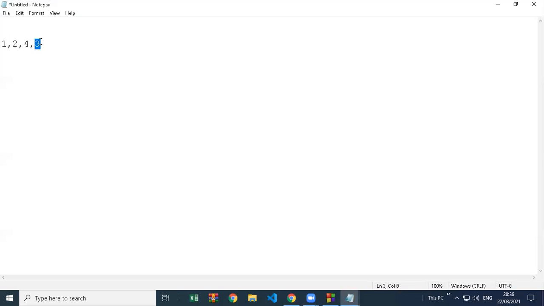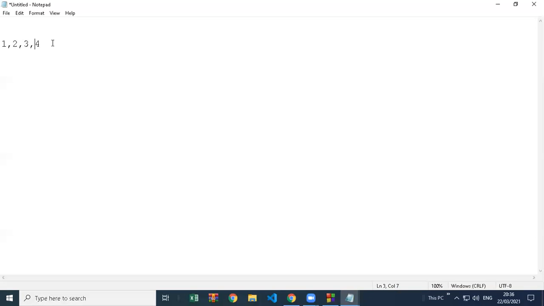Now we will go to the last value and check the previous number. Do we have to shift? The previous value is greater. Yes, we have to shift. So here it will go to 3 and here we will make it 4. And check with the previous value, do we have to shift with this? No. So this is how insertion sort works. It takes the key value and compares with the previous list. If required, then only it does the shifting part, and if not required, it proceeds further.